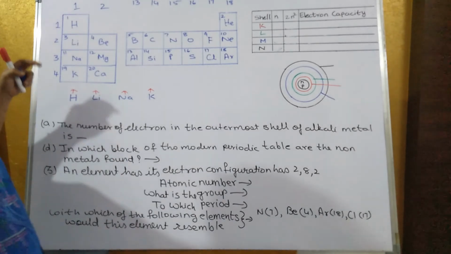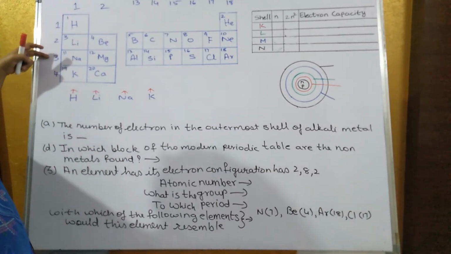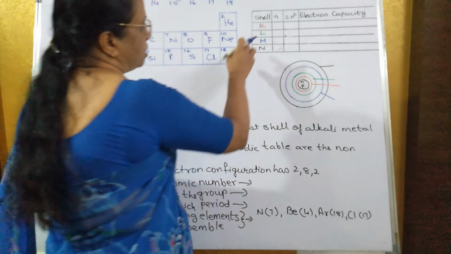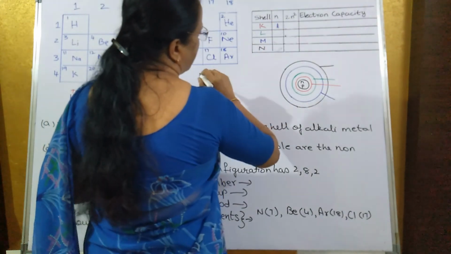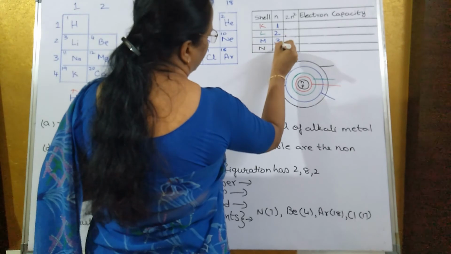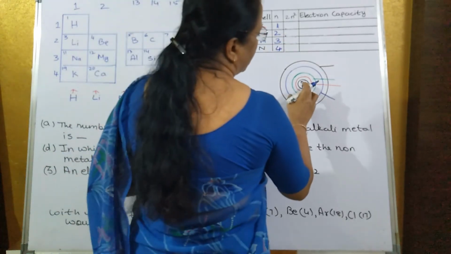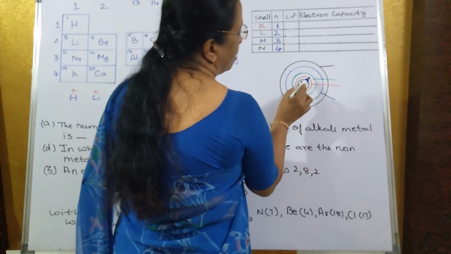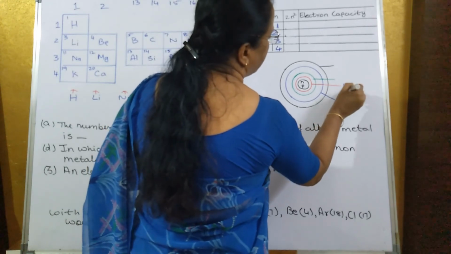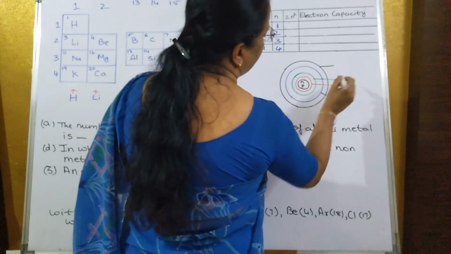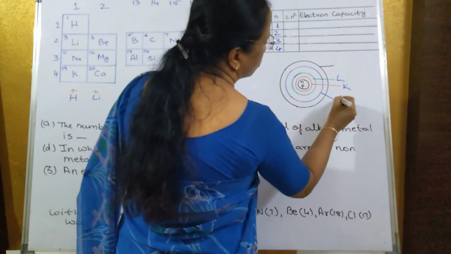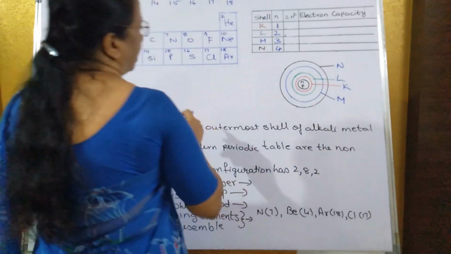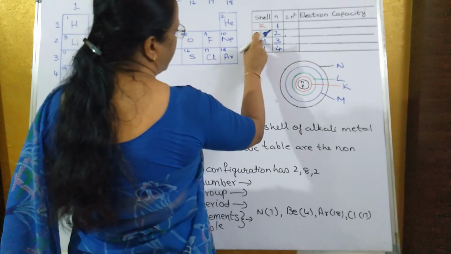Now the number of elements present in the first, second and third period depends upon the electron holding capacity of the shell. The first shell is numbered as 1, the second one 2, this is the third one, and this is the fourth one. The first one is the one which is nearest to the nucleus. In the nucleus there are neutrons and protons. The shell nearest the nucleus is the K shell. The second shell is known as L. The third shell, which is in blue color, is known as M. And the outer shell, which is in black, is known as N. So K is the first shell, L is the second shell, M is the third shell, and N is the